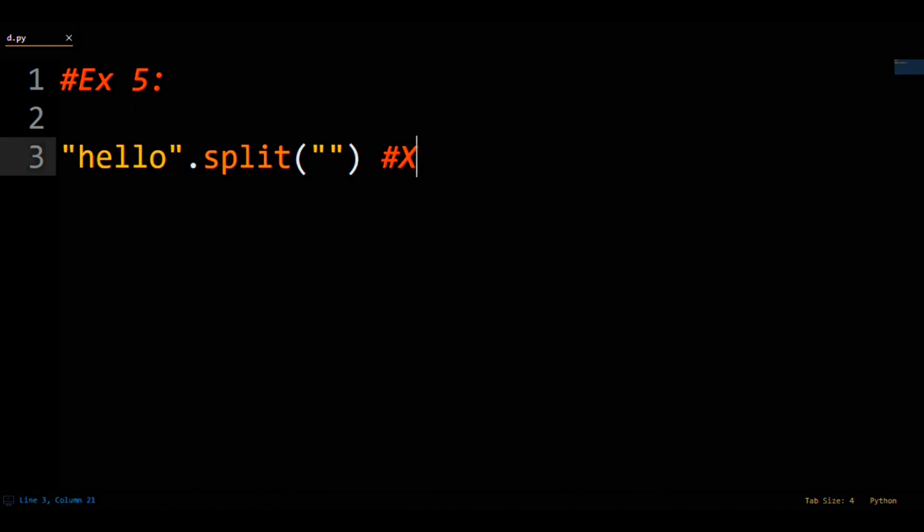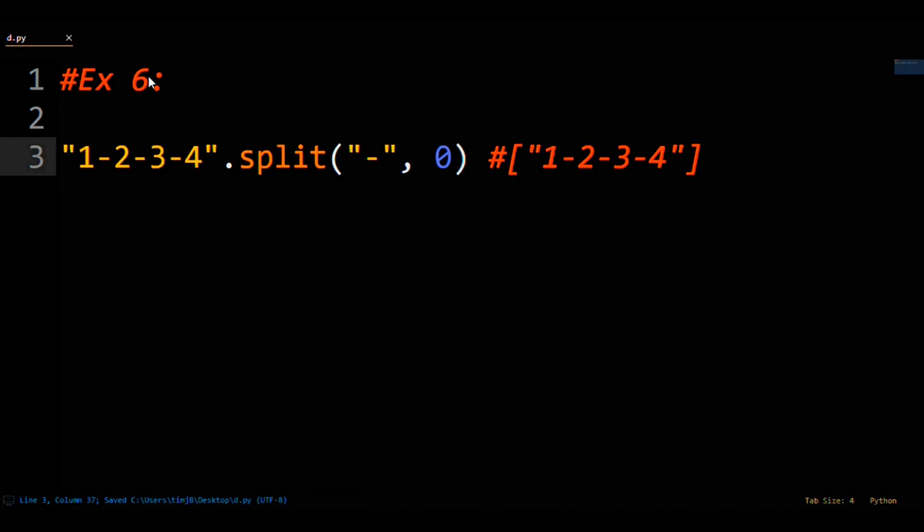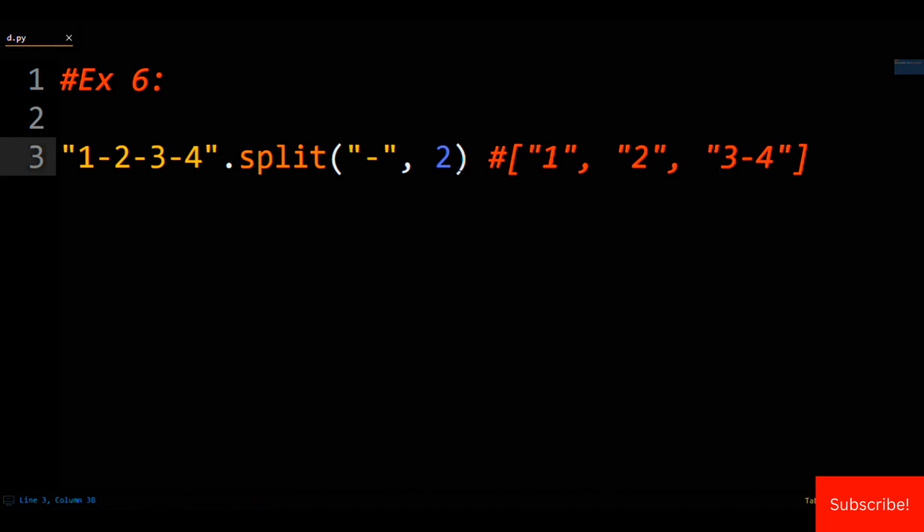You could just pass some string like hello into the list constructor to achieve that goal though. The last thing, if you give split 2 arguments, you can specify the number of splits for split to do. Say you have 1 through 4 separated by a dash. A 0 would give you a list with just the original string. If you pass in higher than 0, think of that like the number of bits that split will cut off. 1 will split the 1 off, 2 will split the 1 and 2 off, and so on for higher numbers.